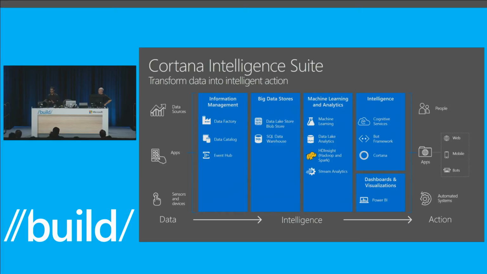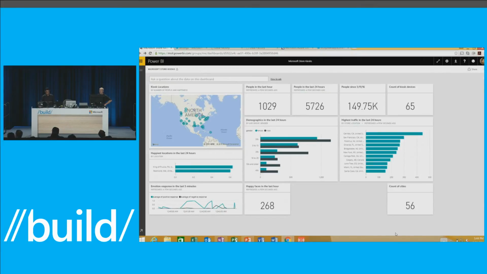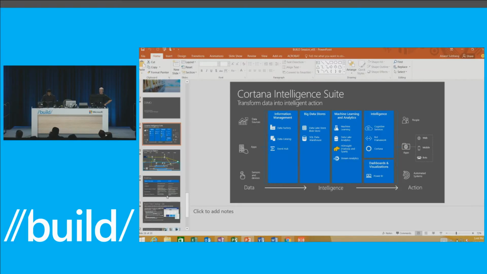Now, in this section of the demo, what I want to do is show a few things that highlight the trusted data platform of the Cortana Intelligence Suite. I wanted to start with showing the Power BI dashboard that Elad briefly showed. And here, what you see is the insights that you can obtain from your applications. You can know in real time how many users are using this application, what they are doing with the application. And not just that, you can also see some of the interesting trends over time. This is just a quick peek to show some examples of insights that you can leverage out of your application. Now I'll switch over to the deck